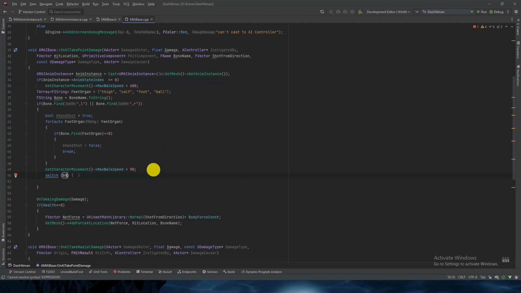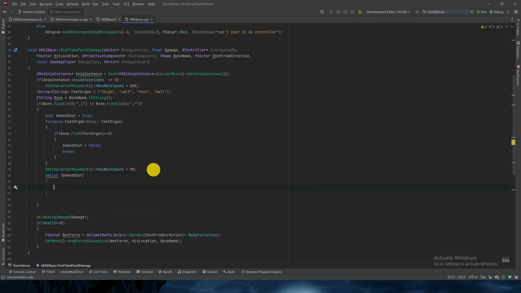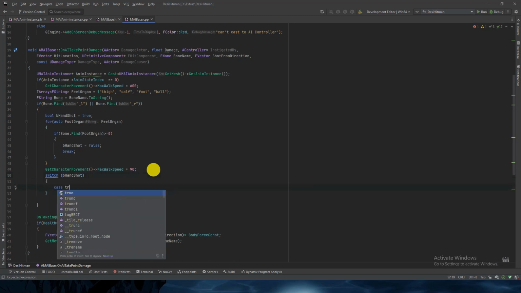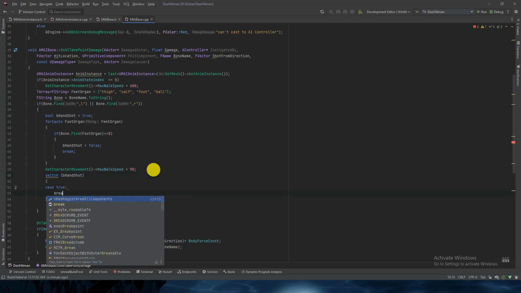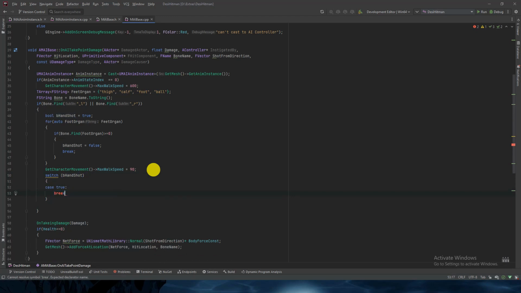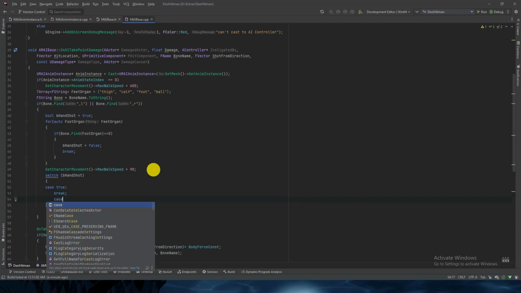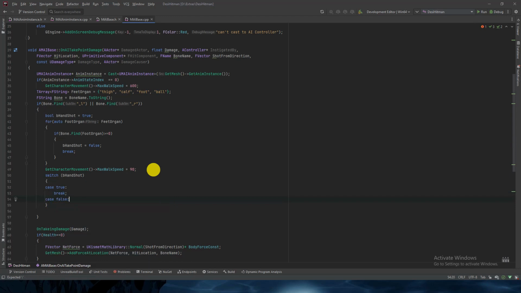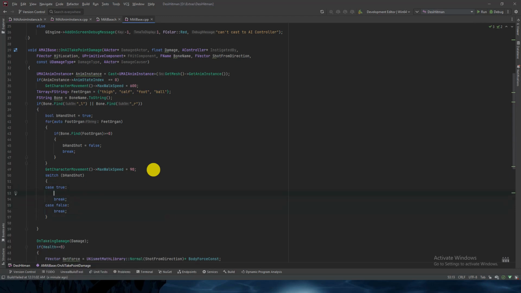as soon as we have been shot, so after 90 I will check switch behind shot, case true, break, case false, break. Okay, if it's a hand shot, I will